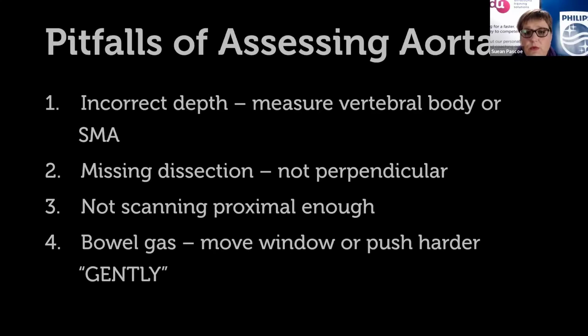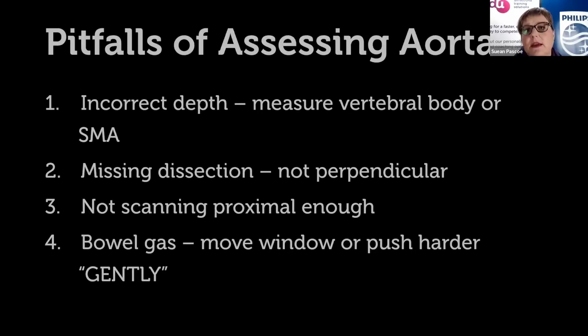So I always suggest people find the aorta first in the soft part of the belly, identify the vertebral body as the landmark, then move the probe in that transverse all the way up to xiphisternum, and then count to 10 as you sweep down from proximal to distal, and keep moving the probe, because what I see happen is you get to a bit of bowel gas, you lose the aorta, and then you're just completely lost. And it doesn't matter how long you sit there on that transverse colon, the bowel gas is going to be there. Whereas if you keep moving the probe, you'll see the aorta pop out again from